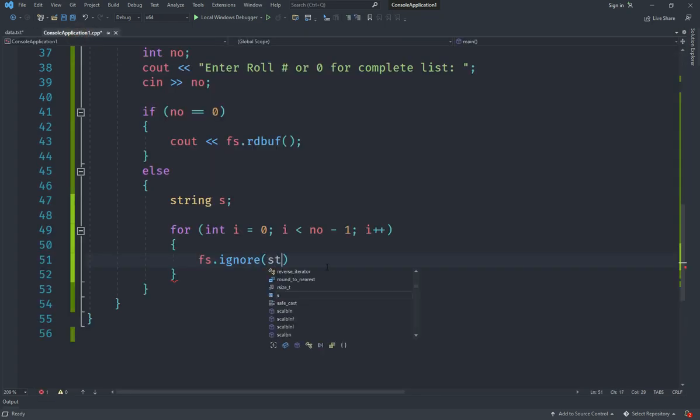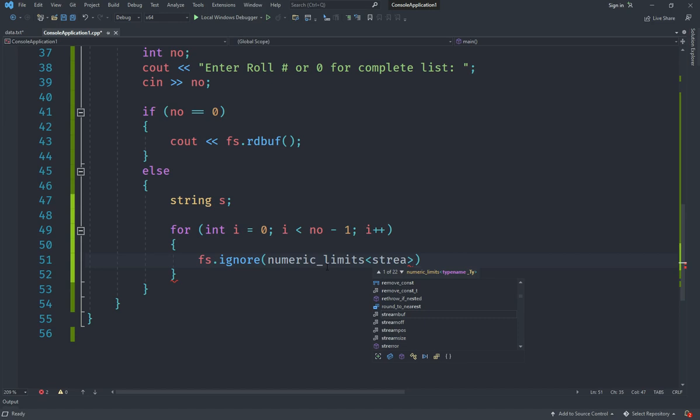And as far as the maximum limit is concerned, you can say something like numeric_limits. Now this is a thing that you can use, and for that you need to put this here. So this is a template. So numeric_limits basically allows you to check limits for different kinds of types, and you can use streamsize here,